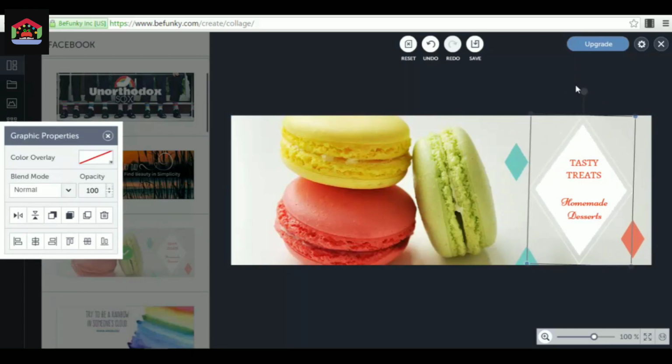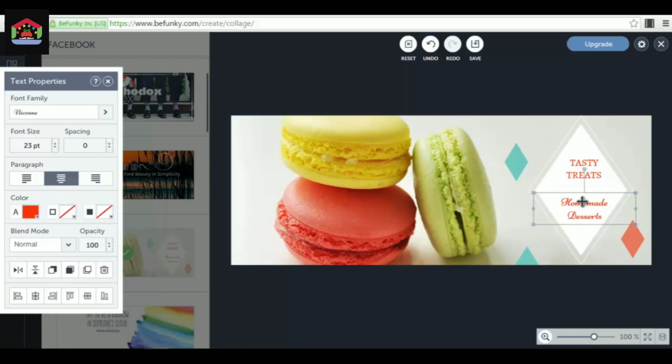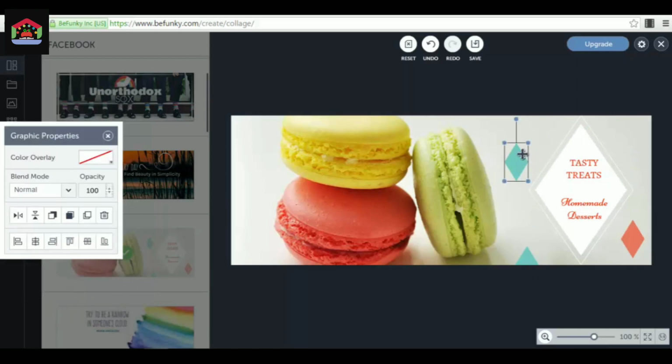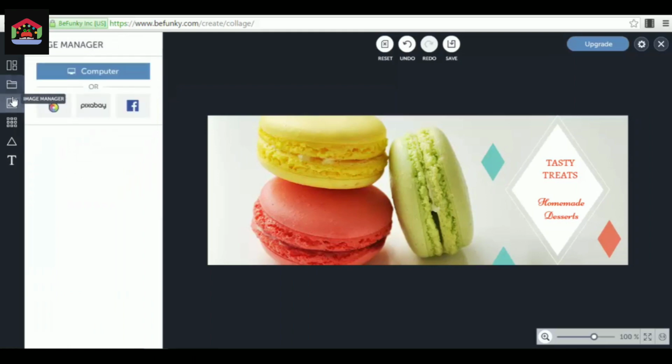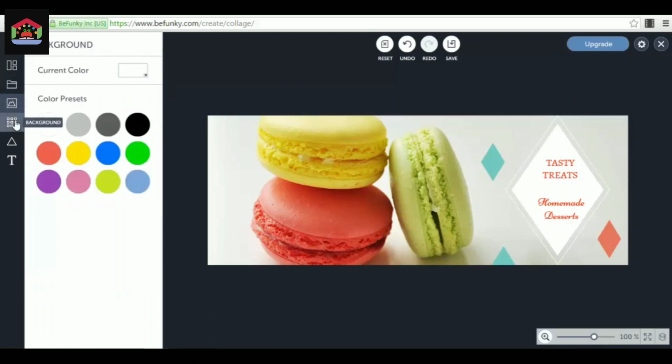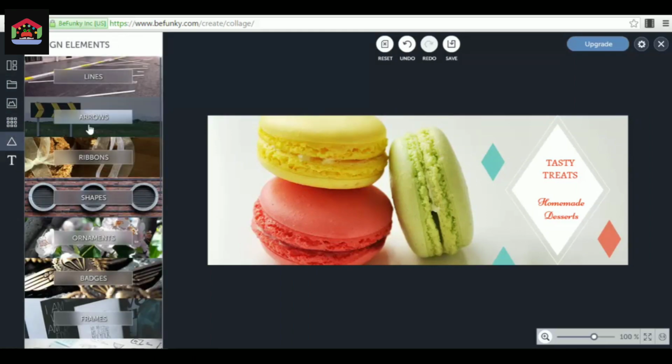Okay, you can rotate it, you can make it smaller. Here we have text. Okay, you can choose to edit this text. We also have smaller images here, and now for example we can add different stuff to this template. We can go to the project manager, or to the image manager. Let's see the design elements. We go to the design elements, and here we can choose different things, and different elements that we can